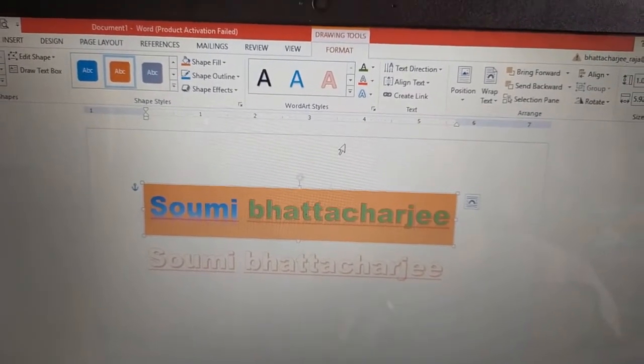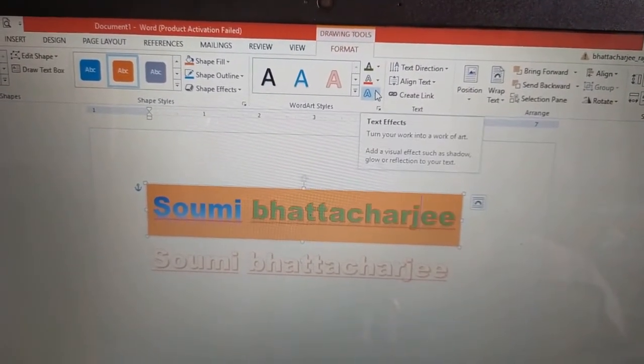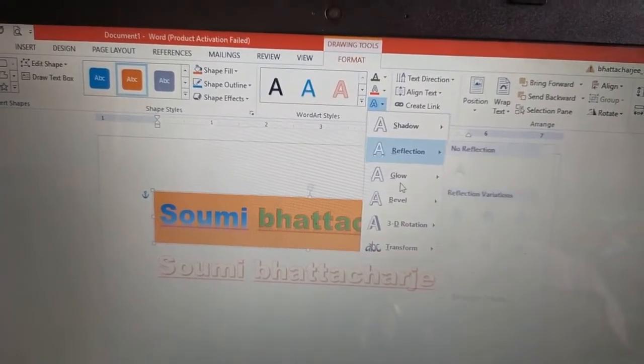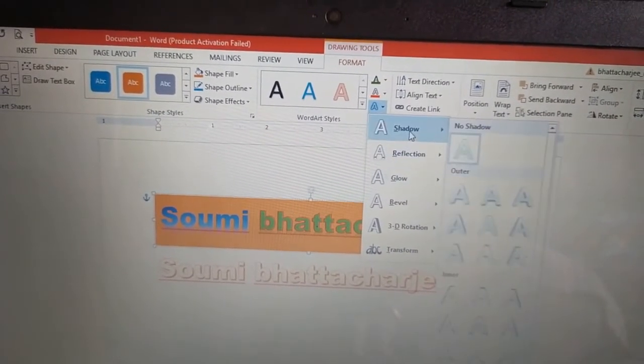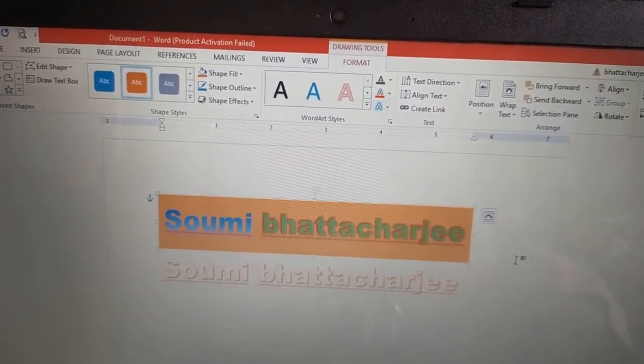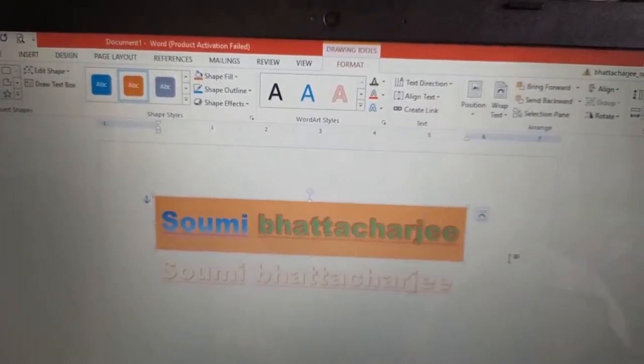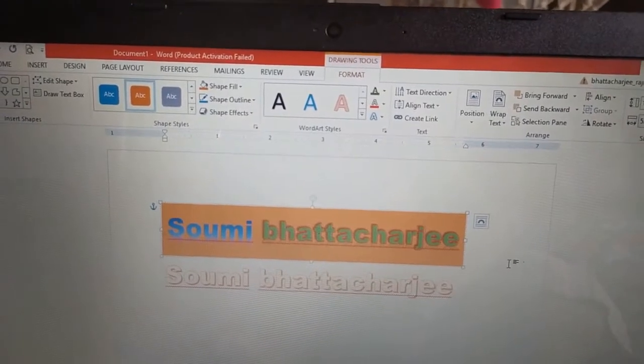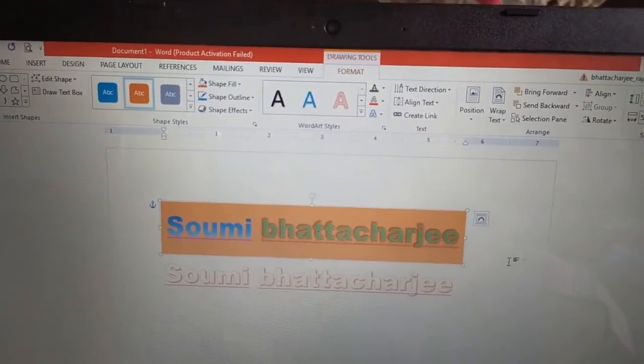Next is text effect. The shadows, the glowing, this will be done in text effect.